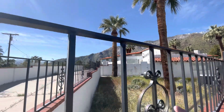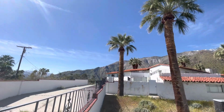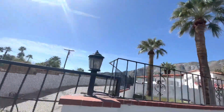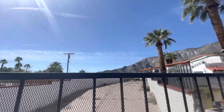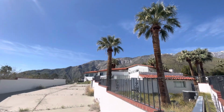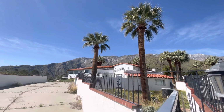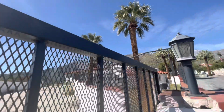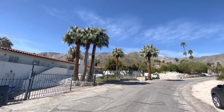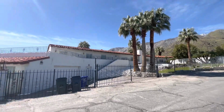All the way in the back over here, that was Elvis's room right there. And it had been opened in the past, but I don't think they have had people here for quite some time, which is a shame. Not much to see over here. It looks pretty plain too for someone of his caliber. And that's what's left of the snow on the mountains. But anyways,